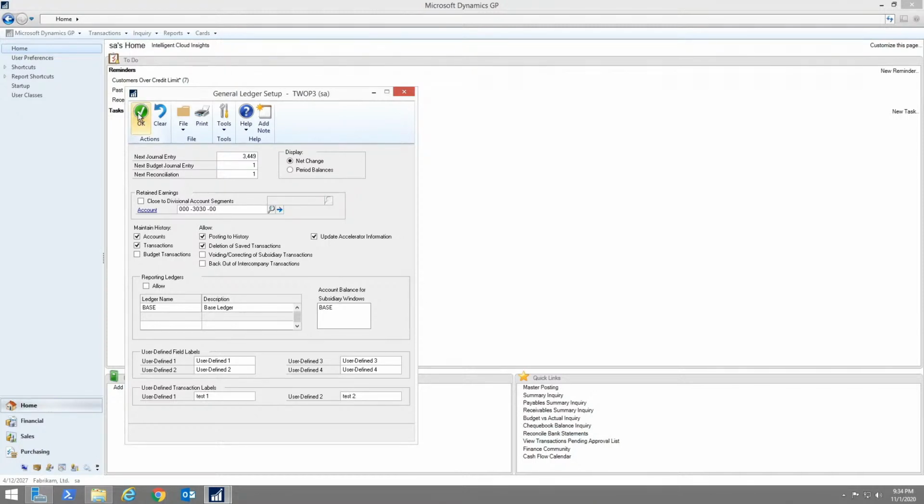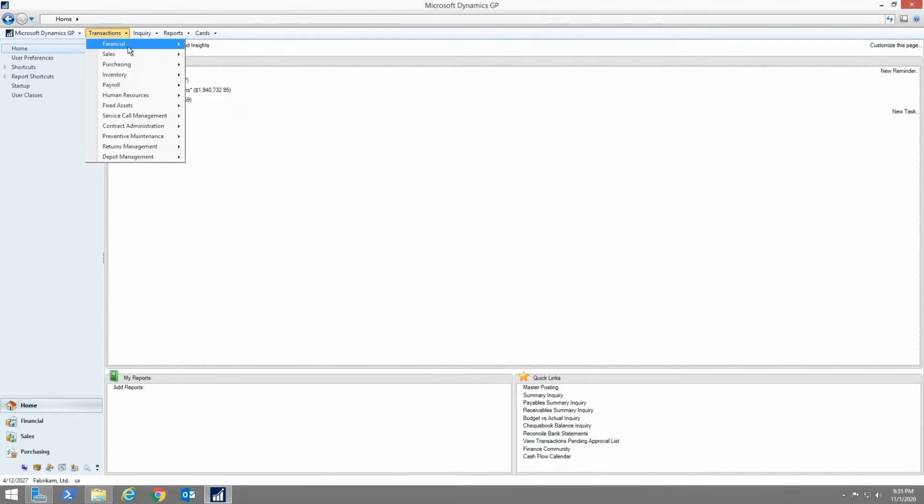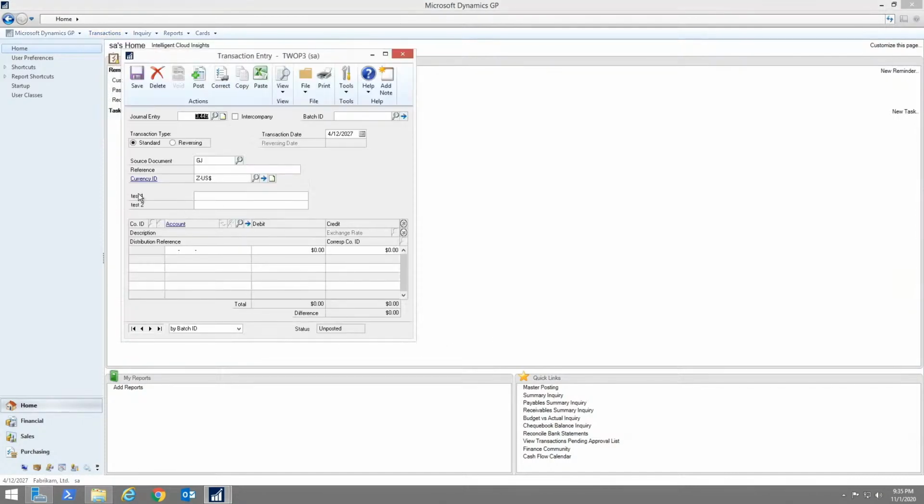If I hit OK now, and go to Transactions, Financial, General, in my journal entry window, you'll notice I have these two fields. This allows me to have some extra GL information. These fields are also available